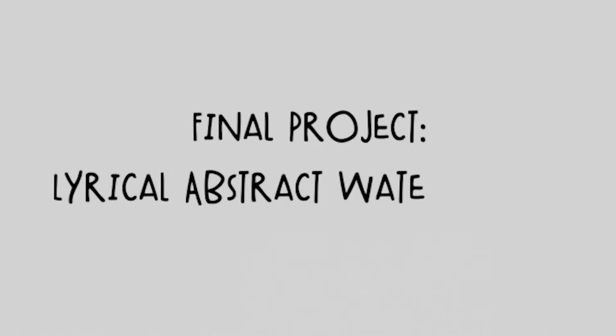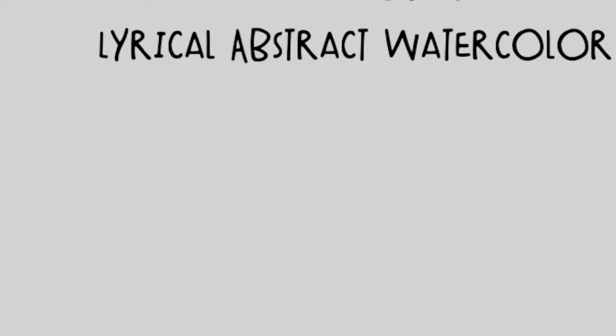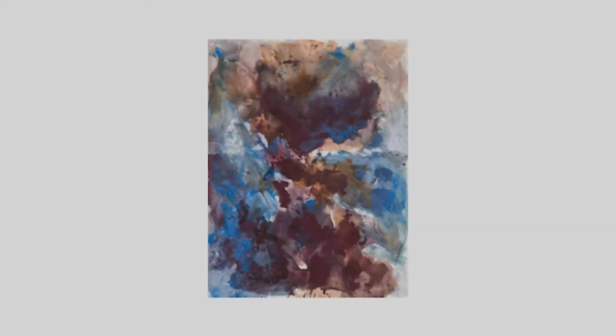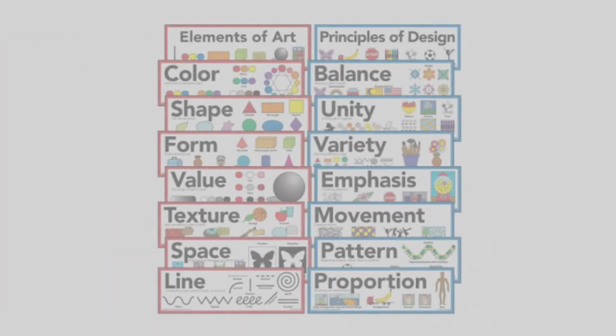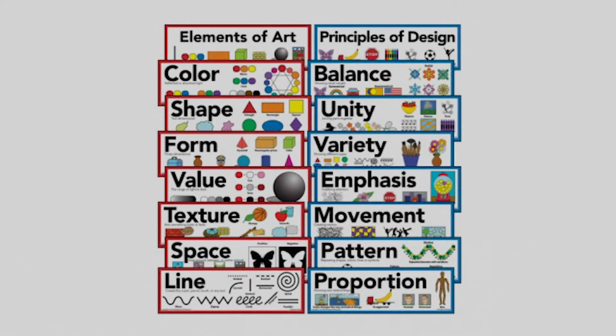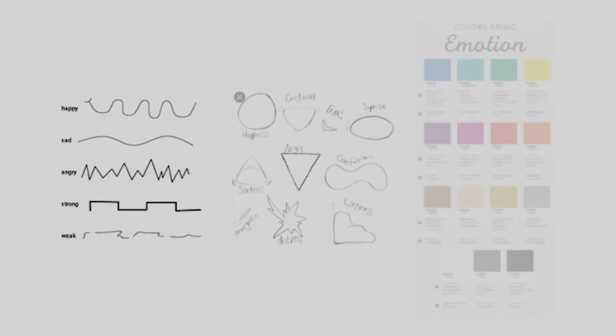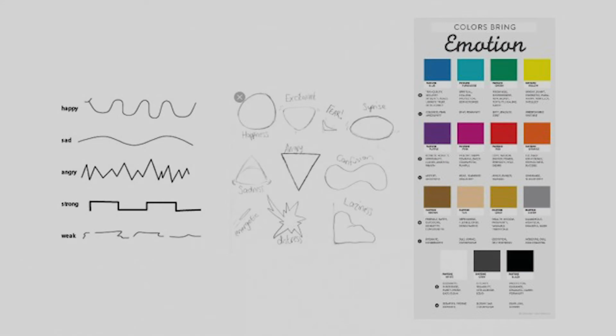Hello, and welcome to our final video of the semester, which will show you how to create your final project for class. Our final project will be an abstract watercolor painting that clearly conveys an emotion or emotions. You will do in-class activities this week to review the elements and principles of art and design, learn how artists can evoke emotions using certain kinds of lines, shapes, and colors, and prepare for your final painting by brainstorming and